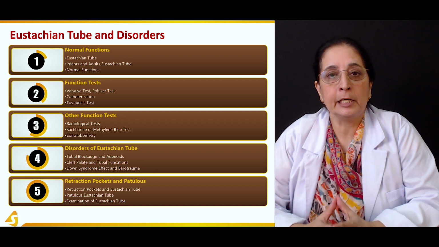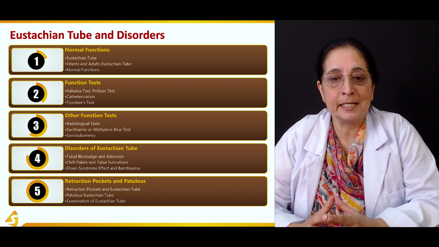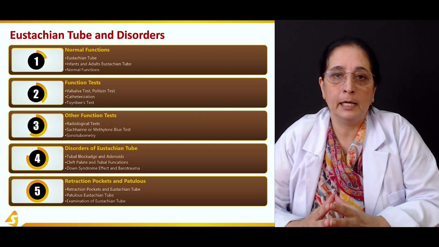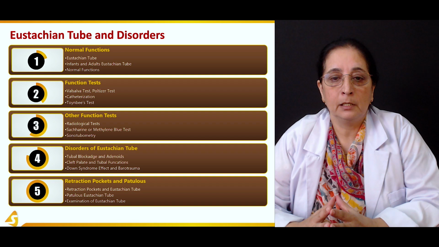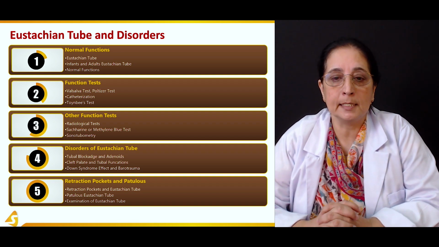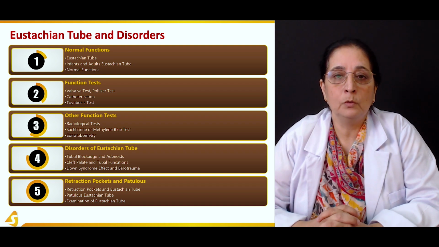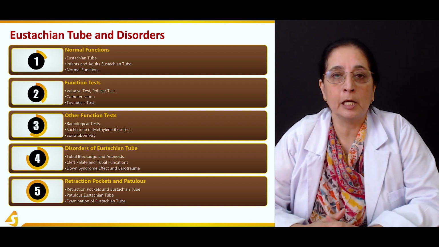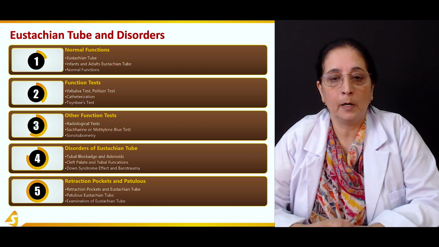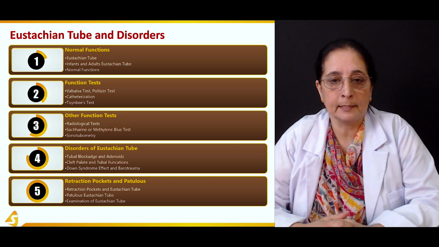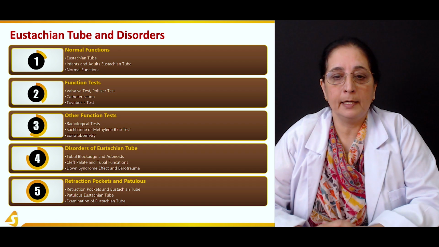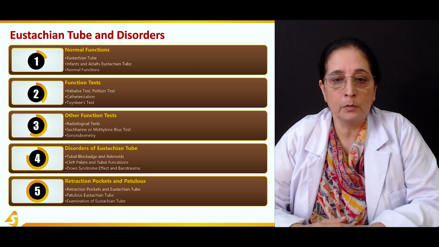Then in the second section, we will talk about some function tests which can be performed on the Eustachian tube, which include Valsalva tests, Politzer test, and then we will do catheterization test and Toynbee's test. In the third section, we will talk about some other function tests like radiological tests, saccharin and methylene blue test,